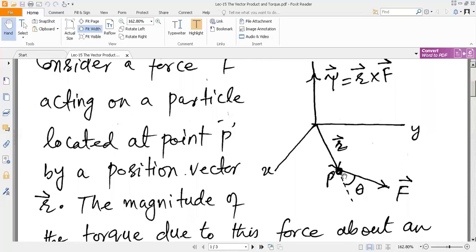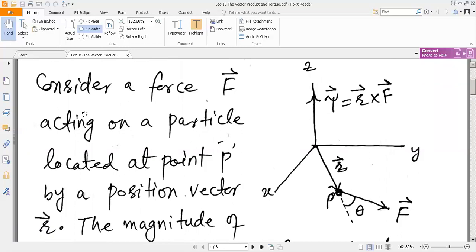And if an external force F is applied on this particle P, and this is the vector representing the external force vector, then by extending this position vector R by this dotted line, we can say that this force vector is making an angle theta with this position vector R. Under the influence of this applied force, this particle P will tend to rotate about this point O, which is the origin as well as the pivot point of the particle P, on which an external force F is being applied.